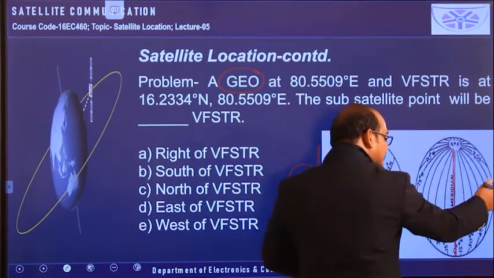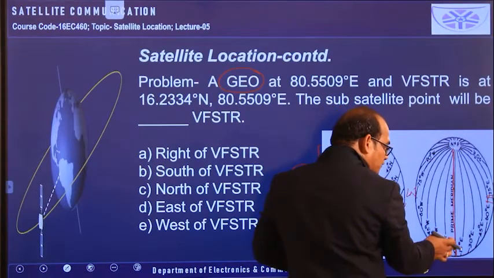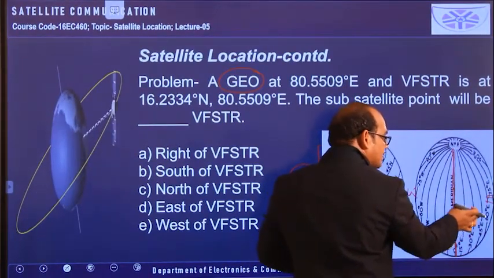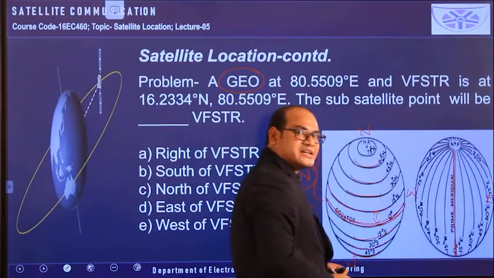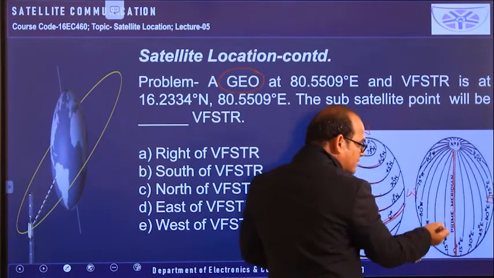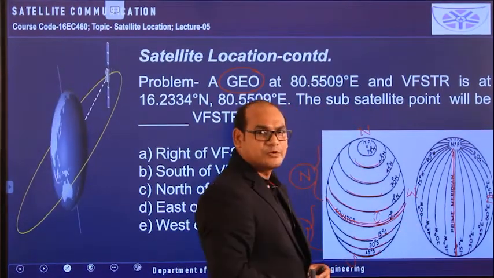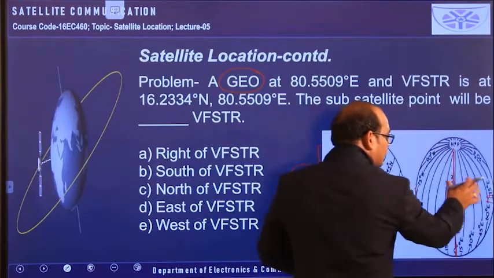If you go towards the east, all those longitudes are represented with, for example, 15 degrees east, 30 degrees east, 45 degrees east. Like this we can mention. And towards the west side we can represent 15 degrees west, 30 degrees west, and here 5, 10, like that also we can take. So for simplicity we have given like this.